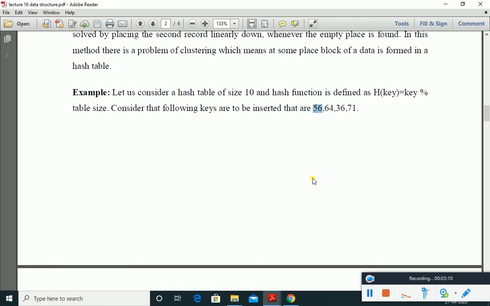It does not matter that that cell may be the hash value of some other key. We never think about that. We just use that empty cell. If any key value generates the hash value of that cell, then we will apply the similar technique for that key value.